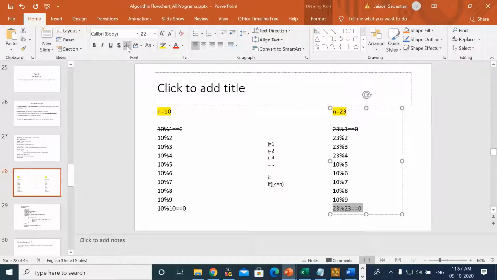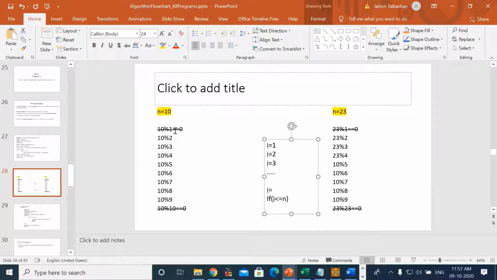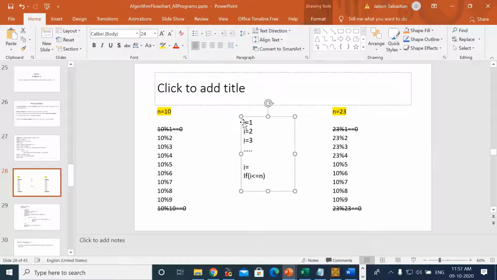In order to achieve this, let us look at how i will start. If I give i equal to 1, it will start the division of the number from 1. So what is the code we will be using in the algorithm and also in the program to find the remainder? n mod i, right? What is the n value? The n value is the number which we enter, and the i value is the number with which we are going to divide. We'll be checking only this statement in the program. If it is equal to 0, then the i value will be a factor of n.